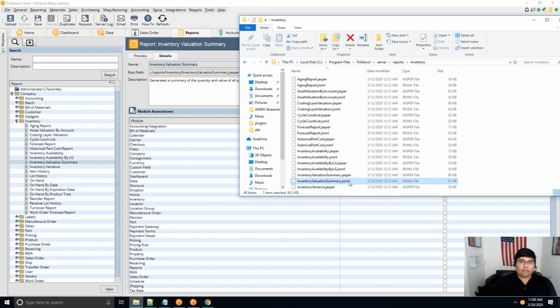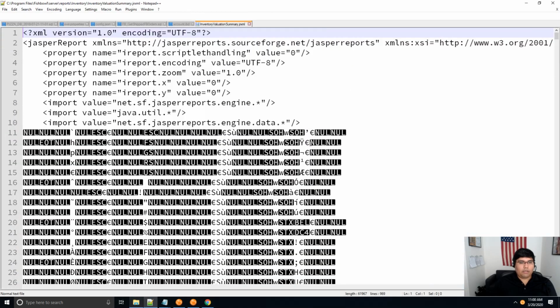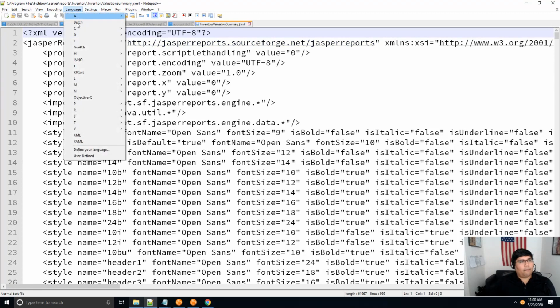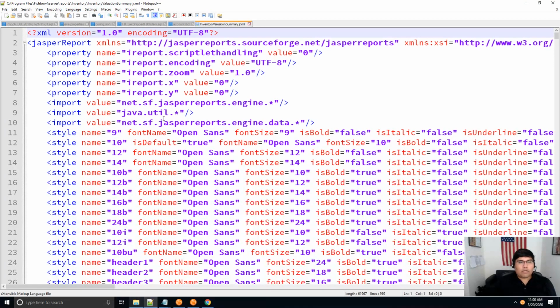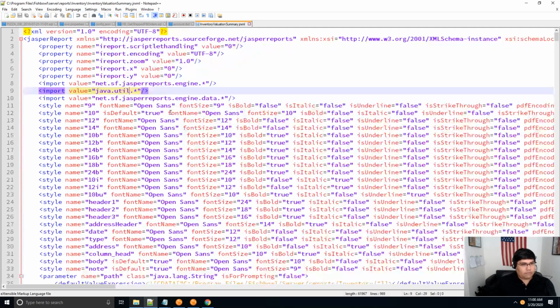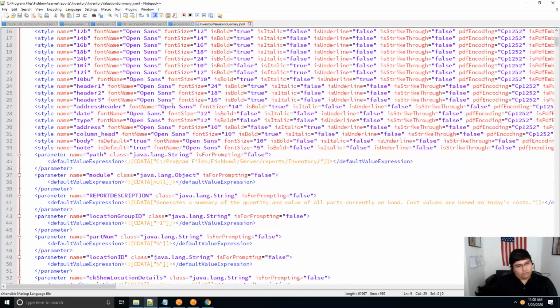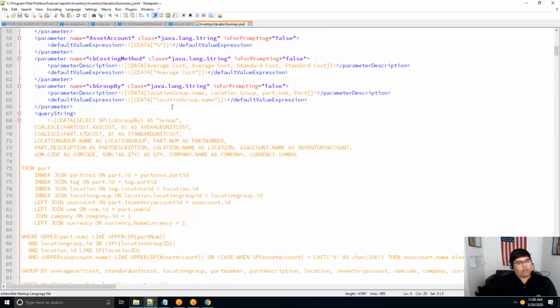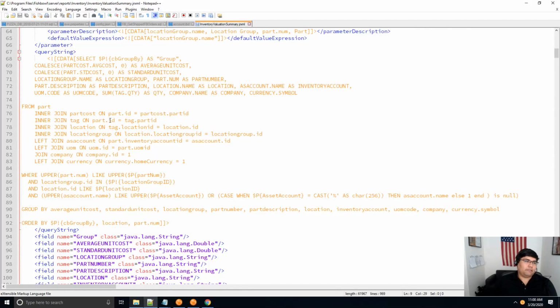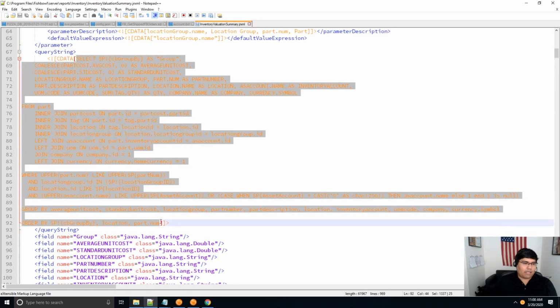And if people know what XML is, don't get scared. It is very annoying, but it is somewhat approachable. And let me zoom out of this a little bit. This is probably what you'll see, but if you scroll down far enough, just keep going, keep going, keep going, you'll eventually find SQL. Here's this block of SQL right there. And you don't even have to install iReport. In fact, we're not going to do that today. We'll maybe do that as another live stream some other time. So stay tuned. You can literally just copy and paste that into